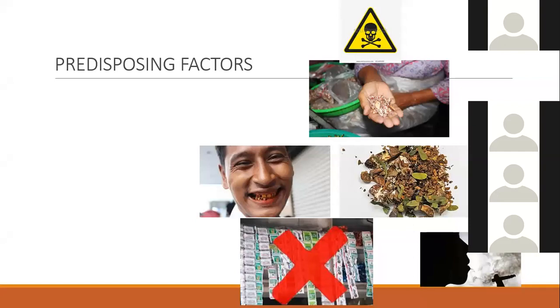The youngest I saw with carcinoma of the tongue was a 16-year-old girl, and she presented at a very advanced stage, and the family who came with the girl were the mother and the brother. They were both eating chalia and they refused biopsy. So this is the state of affairs in our province and Karachi. And as a student, it is your duty, if you see somebody involved in these habits, please ask them to quit, because this has a very detrimental effect on their body.